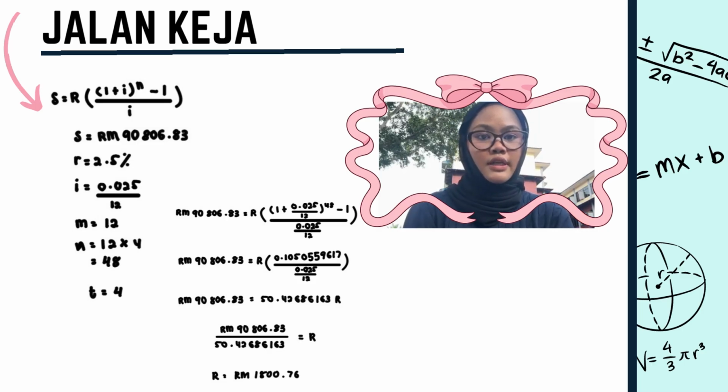So RM 9,806.83 equals 50.4268663 R. To find the R, you need to move it to the left, which is RM